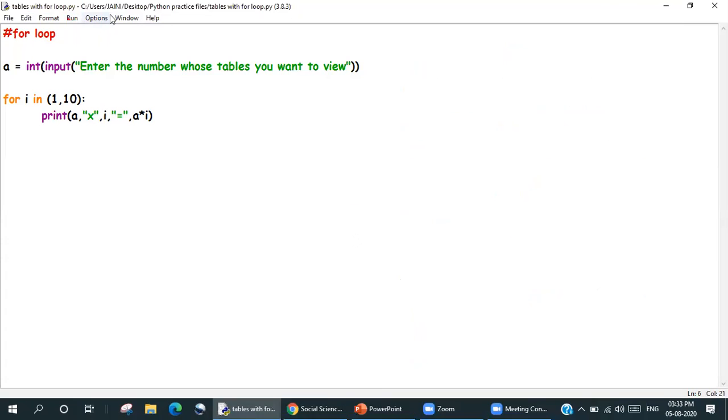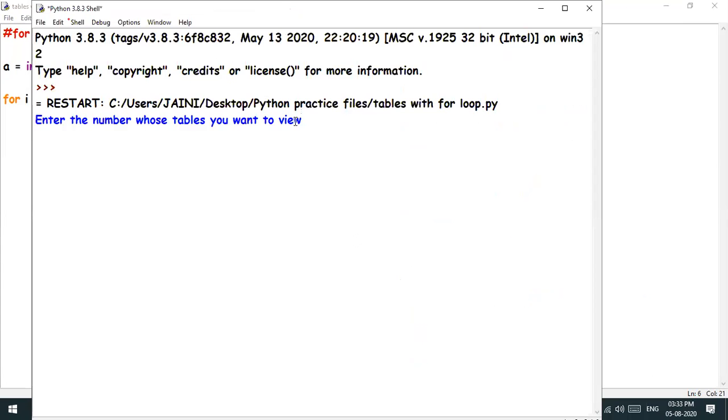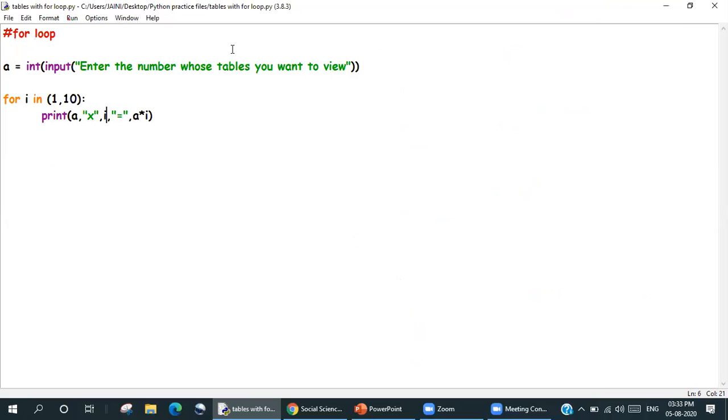Enter the number whose tables you want to view. So let's say I put 16. I only got 2 lines, 16 into 1 and 16 into 10. Because for I, start from 1, go to 10. So why is it not taking all the others?